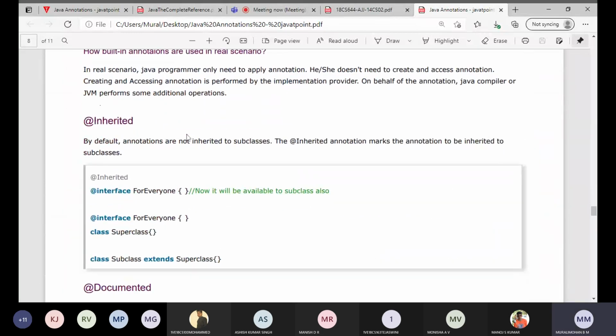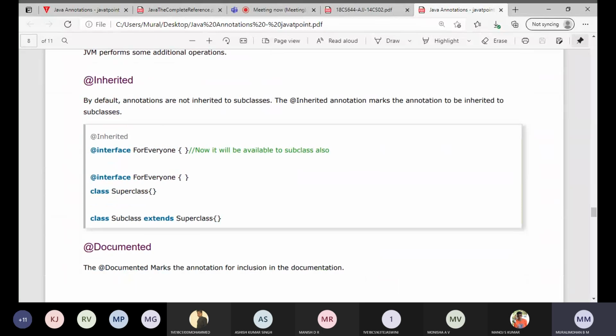Next we are having something called inherited. By default, annotations cannot be inherited. Kindly remember this one. By default, we cannot inherit the annotations to the subclasses. If I want to inherit an annotation to the subclass, then I should go with the @Inherited annotation.